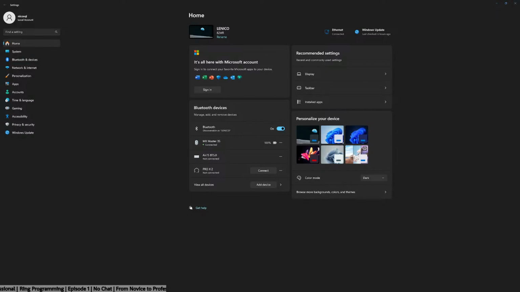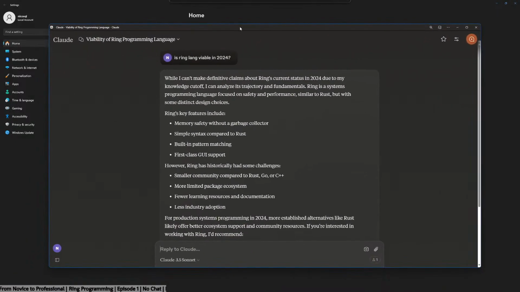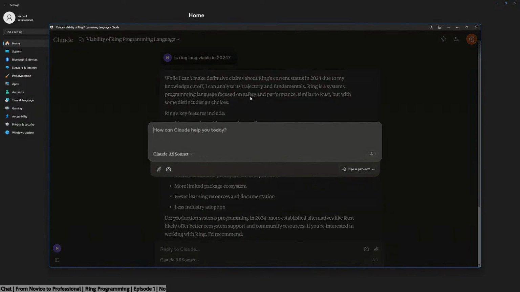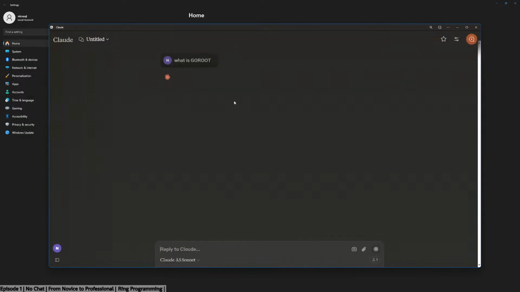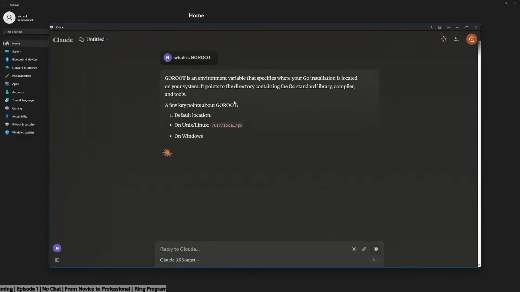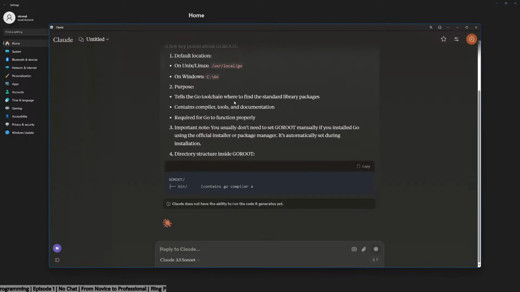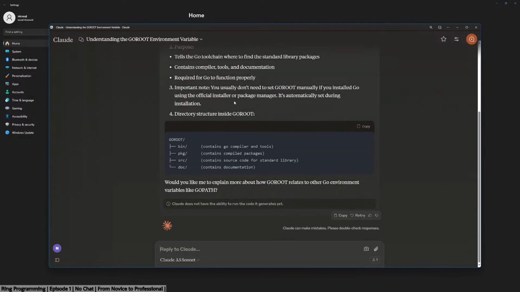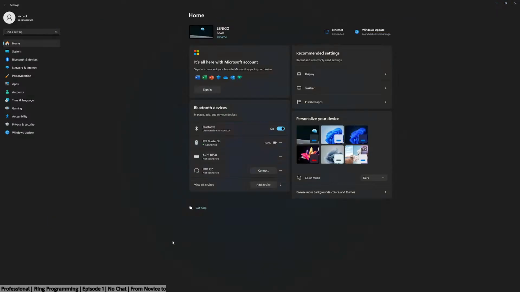Wait, but what is go root supposed to be for? What is go root? Oh, that's okay.